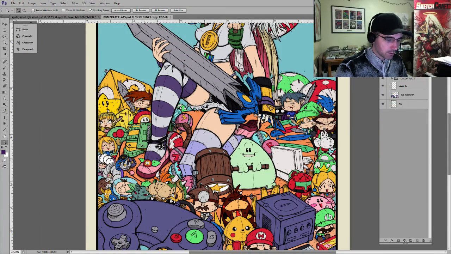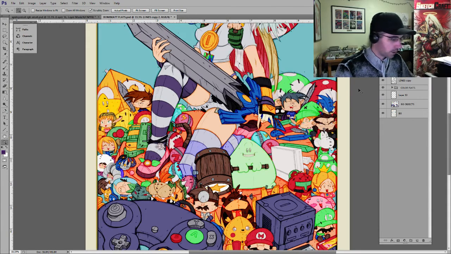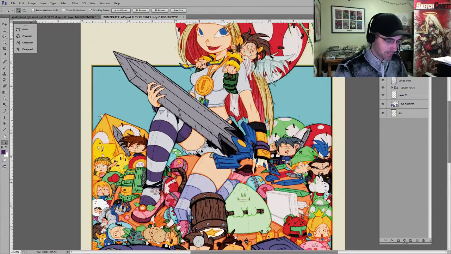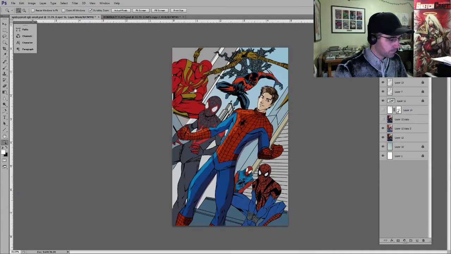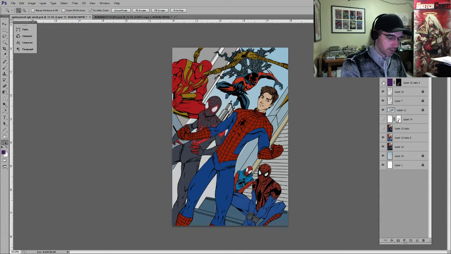You can take the lines and set them to overlay a couple times and get some coloration out of it, depending on how cartoony you want it to look. I mean, sometimes you want it more serious. So from here, for me personally, it's easier to figure out